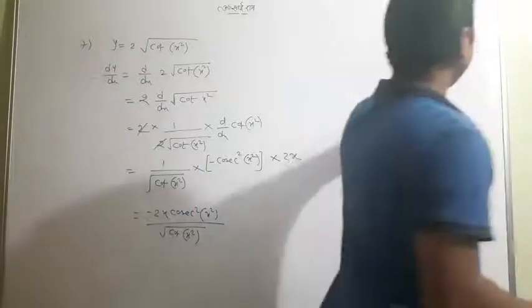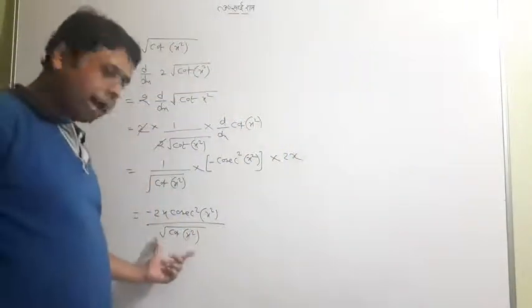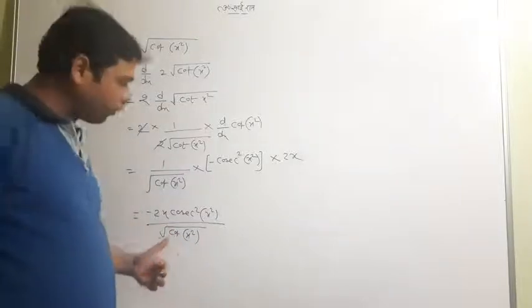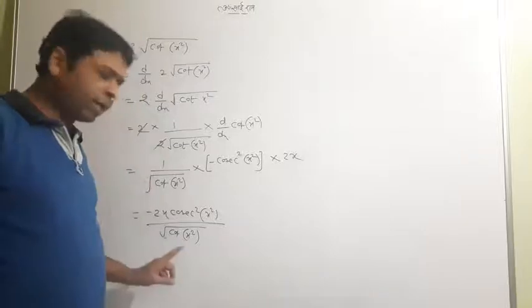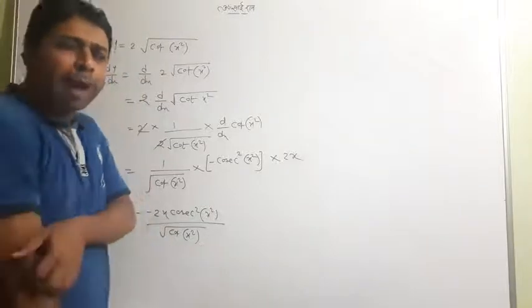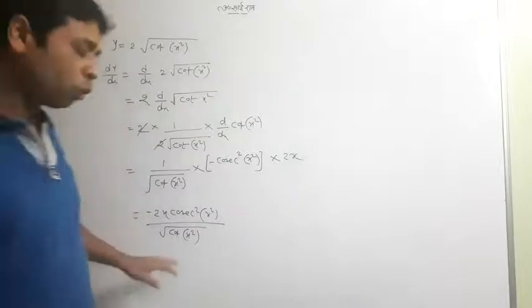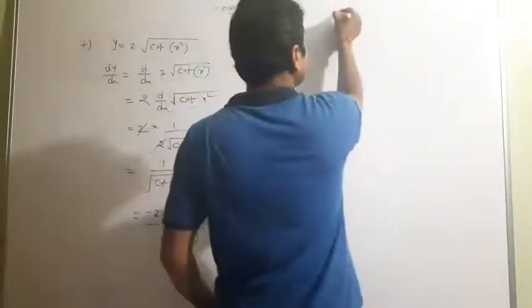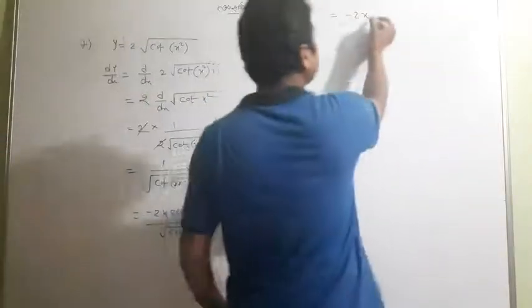But if you see the book, the answer in the book is actually different from that. It is not the answer in the book. Okay, it is also correct. Still, if you want to match this answer with your book answer, let me do some more steps. Quickly, I will do it. 2x, that cosec square will be written as 1 by sine square.